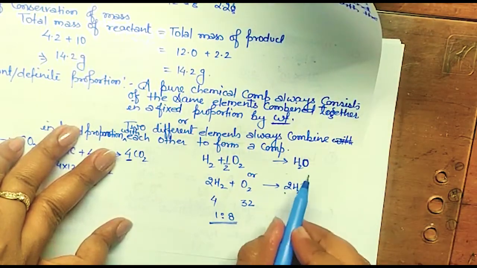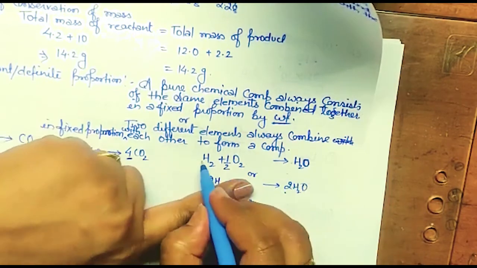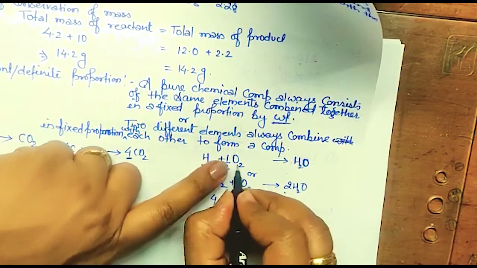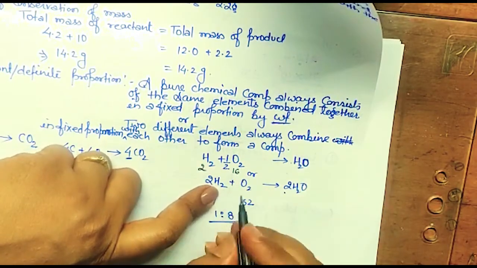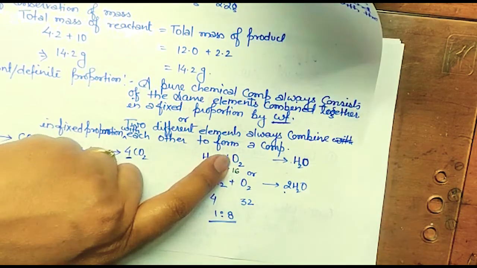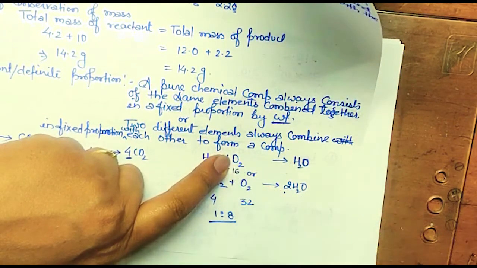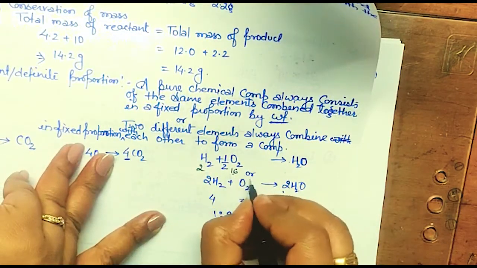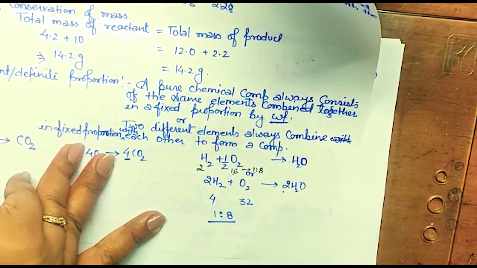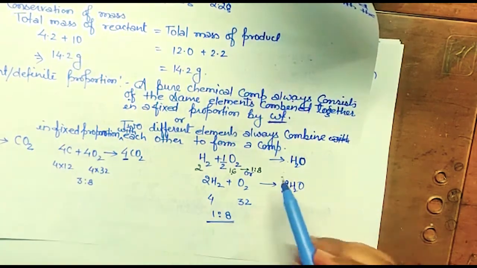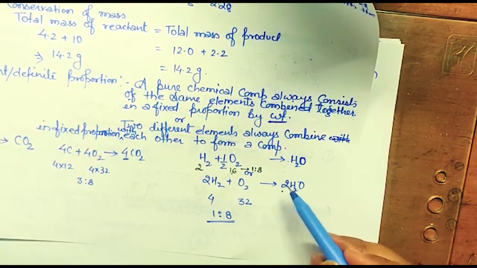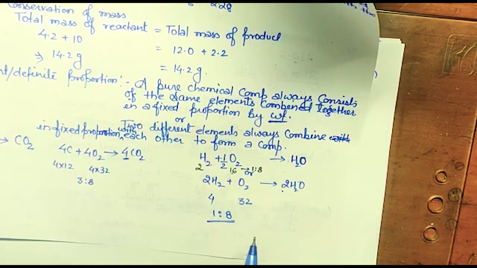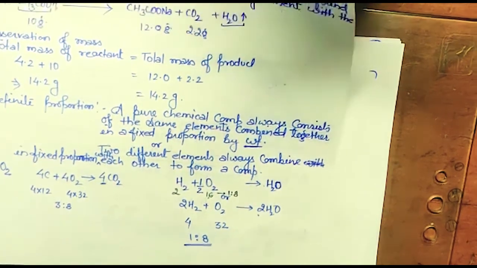Whether you form 2 moles or you form 1 mole. For 1 mole, H2 is 2, isn't it? Let me write here 2. And for one oxygen it is 16. So for half oxygen it will be 16, isn't it? One oxygen is 16, so O2 will be 32, and half of 32 is how much? 16, isn't it? So again the ratio is 1:8. So whatever the mole we have to prepare, either 1 mole, 2 mole, 10 mole, 5 mole, the mass, the weight ratio will always be 1:8. Hope it is clear? Yes?